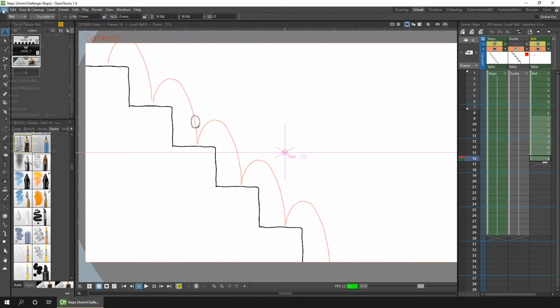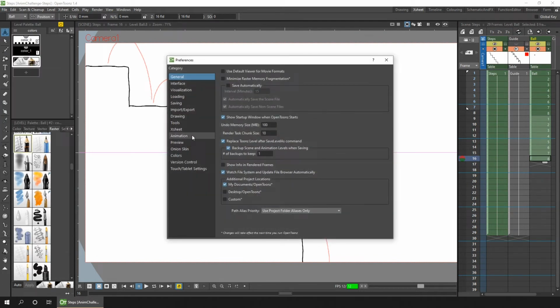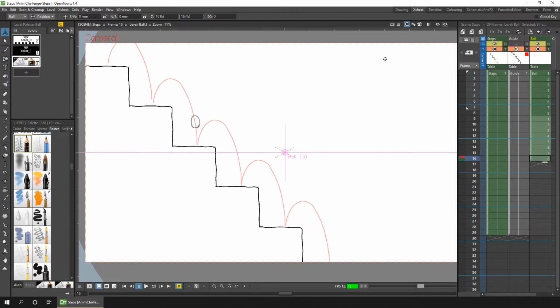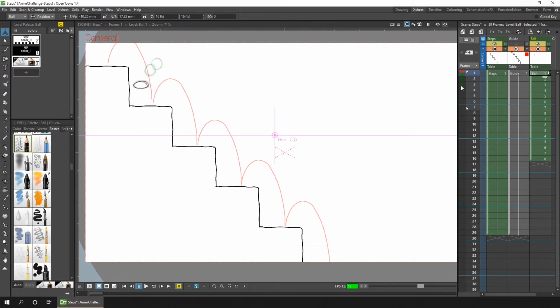What we need to do is to go to the Preferences dialog, then go to the Animation tab and change the default interpolation to constant. This now means that on frame 1, using the Animate tool and in position mode, we notice that the column ball is selected, which is correct. We can now click and drag, and in fact if I turn on the onion skin for the next 8 drawings,